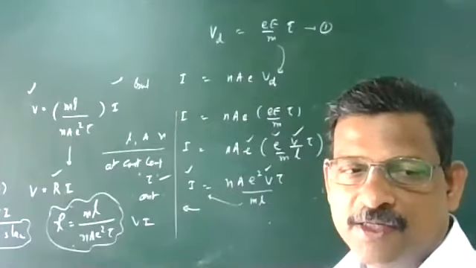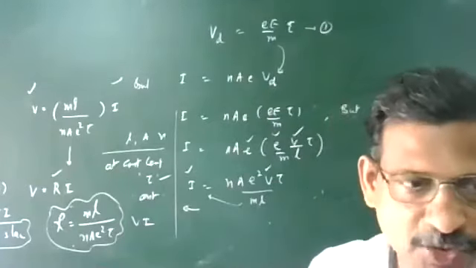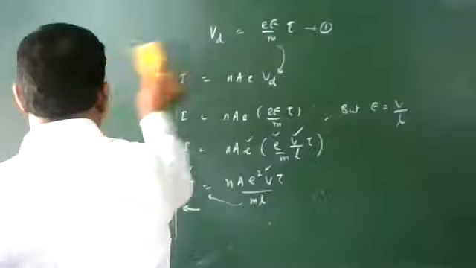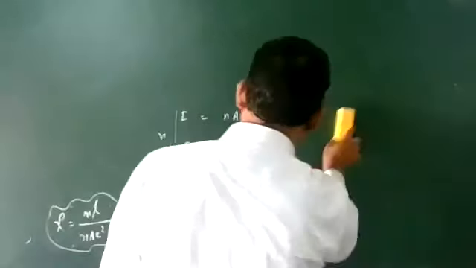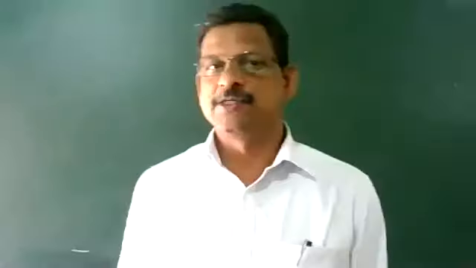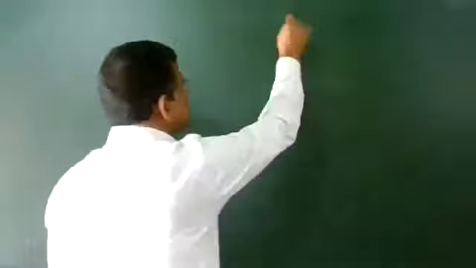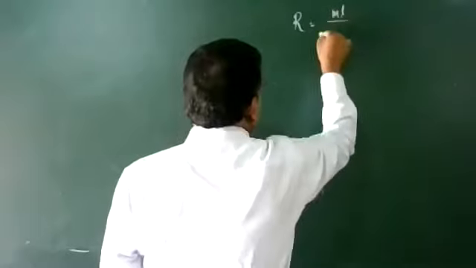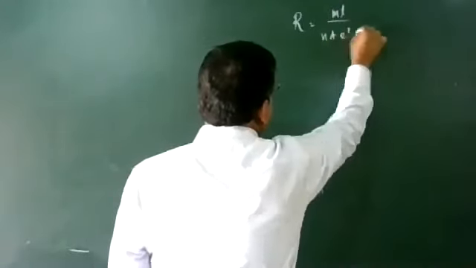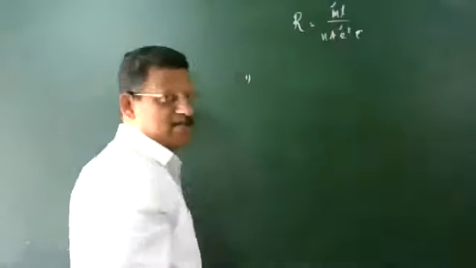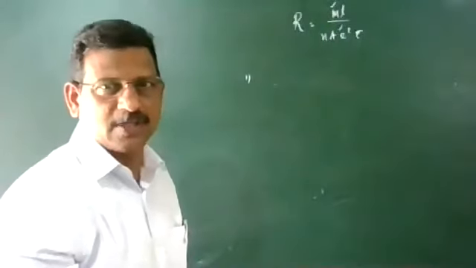So what are the different factors on which the resistance of a conductor depends? Then the next point that is taken from here. Different factors: what are the different factors on which resistance of a conductor depends? R equal to mL upon nAe²τ. And Suman Singh, what is the equation of resistance in terms of different parameters? mL divided by nAe²τ. The first point is mass and charge, so हमेशा constant है. There is no need to specify for the mass of the electron and electron charge.